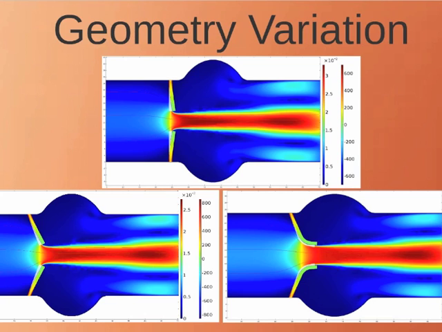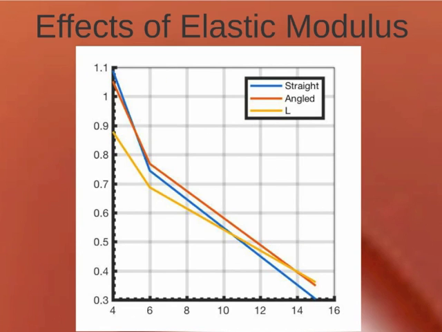patent pending. This geometry showed the best results because it could withstand the high velocity and longest leaflet length without making Comsol angry. This is most likely due to the fact that the L, trademark, shape geometry is the smoothest shape and leads to the most laminar flow and allows the fluid to remain attached for the longest distance along the leaflet surface. We varied the Young's modulus of the leaflets in order to view the effect of aortic stenosis,